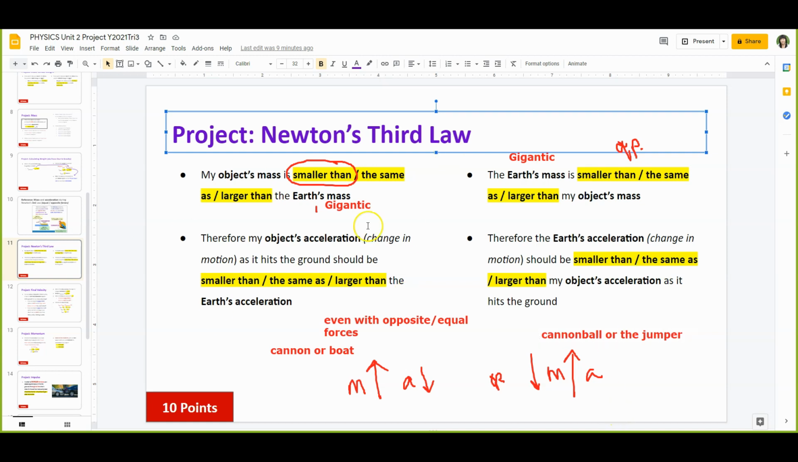Okay, so that should help you figure out what's going on in this slide as well. But mostly you should be able to think about how the Earth barely moves, right? The Earth barely moves because it's huge. All right,